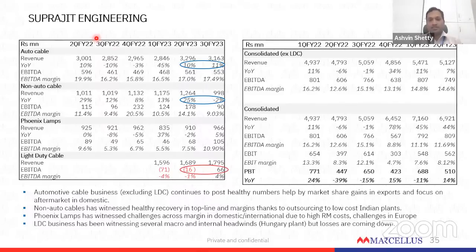And on the other businesses, particularly the core automobile cable, domestic automotive cable business, Suprajit continues to grow ahead of the industry. So despite the two-wheeler industry not doing so well in the last 2 years, the core domestic cable business continues to grow in double-digit revenue. This is thanks to Suprajit gaining market share, and also thanks to higher and higher adoption of the cable business in the aftermarket. More and more organized players are gaining market share from the unorganized segment in the aftermarket business. So this continues to